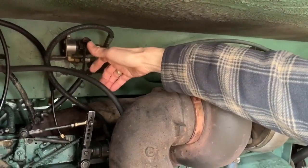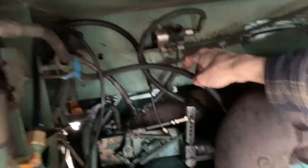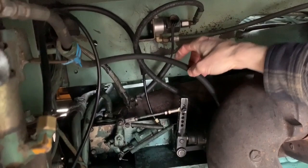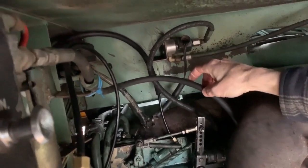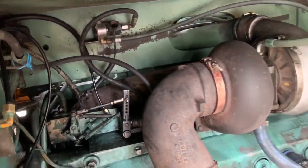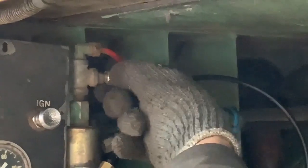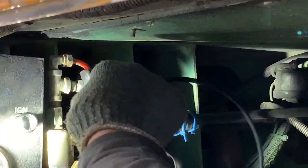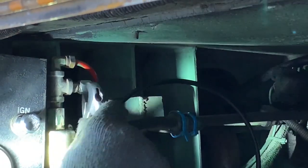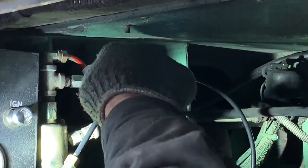And the one on this side is the one that's causing the air to leak. And he said it's not connected to the throttle or the transmission, and it's not sure what it's doing. So he's going to try just capping it. Just capping it. So then if we drive...